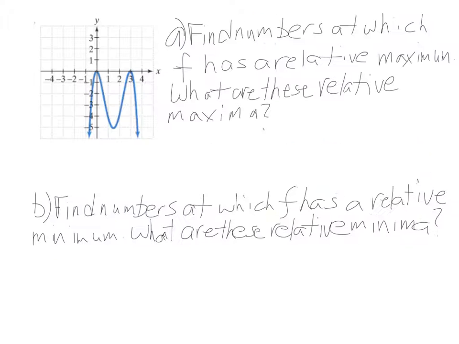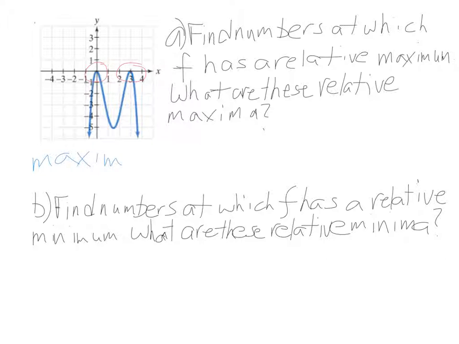For this problem, the instructions are Part A, find numbers at which f has a relative maximum. What are these relative maxima? So basically they're just asking us to find the maximums, and there are two maximums on this graph, two tops of hills. So we can write